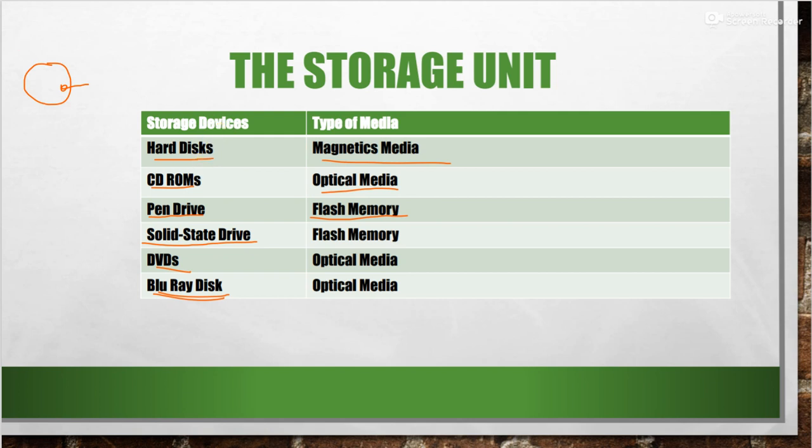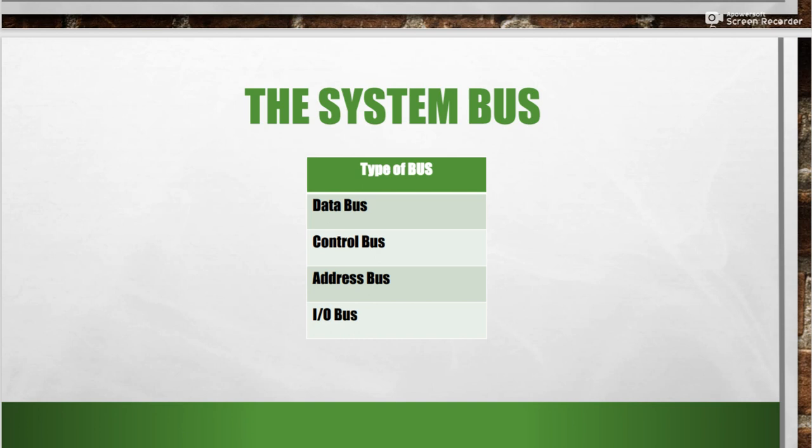Then next is the type of buses that we are going to use in the system. Now first of all, what is a bus? In our previous session also we discussed that these are nothing but communication media. If you want to transfer your data or the address or the information from one part of the system to the other part of the system, that time these buses are responsible. These are nothing but wires in the computer system which carry the information along with them. Now we have these four types of buses available with us.